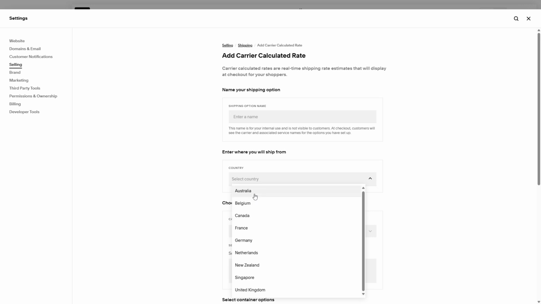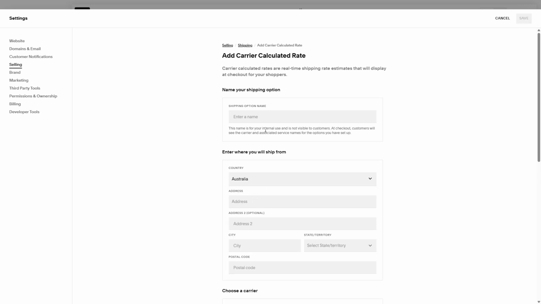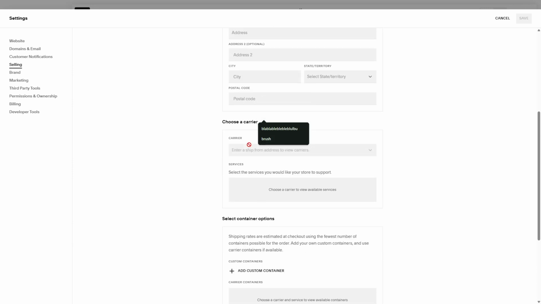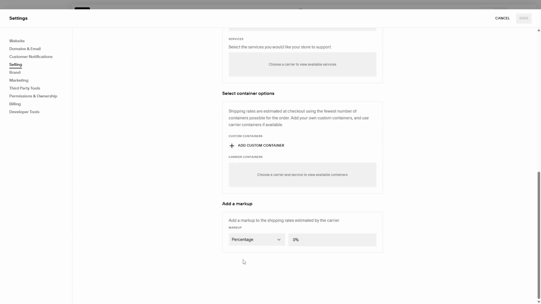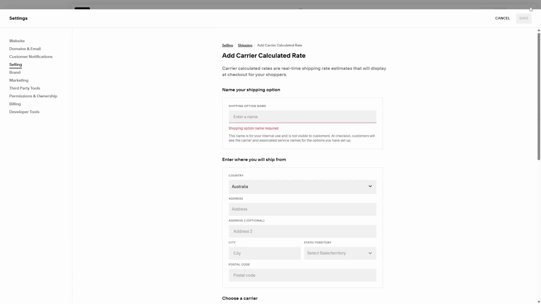Once you've decided on the type of shipping option to offer, it's time to set your shipping zones. This step is crucial because it allows you to specify which countries or regions each shipping option will apply to. It helps manage customer expectations and keeps everything organized. Finally, remember to hit Save to ensure all your hard work gets applied. With that, you're all set to offer streamlined and effective shipping choices for your customers, enhancing their shopping experience and hopefully